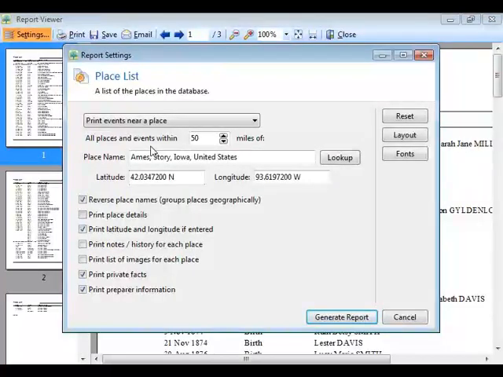Now, where does this come in handy, printing events near a place? A lot of times finding an event that happened close to another place is not as simple as just looking for some text for that place. So for example, if you had some events that happened in Dearborn, Michigan, you might say, well, show me everything that's in Wayne County, Michigan, thinking that's going to get me everything near